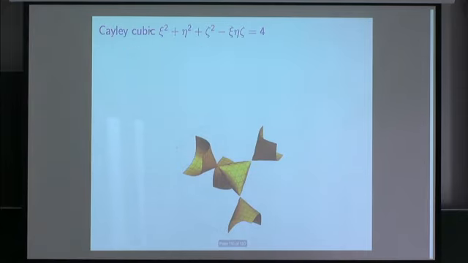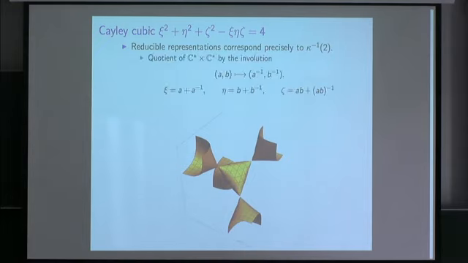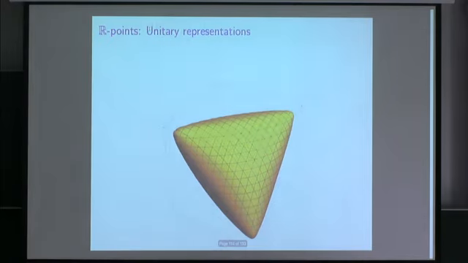The case of reducible representations is a particularly interesting cubic surface. So when you set the trace of the commutator equal to 2, then you get a picture like this. This has a rational parametrization. The action of the mapping class group actually factors through this. So these would be the eigenvalues of diagonal matrices that have these traces. And this is, again, a homogeneous action where Moore's theorem applies to give interesting dynamics.